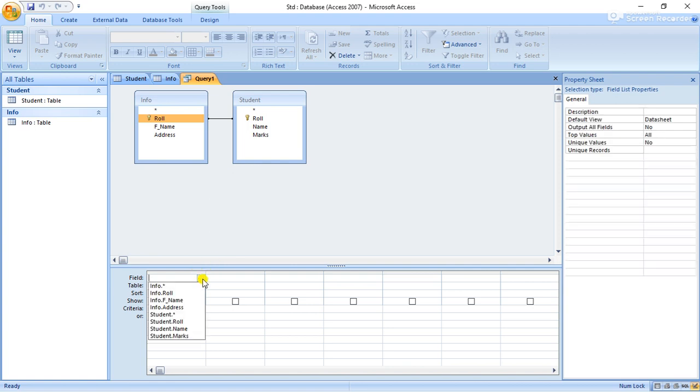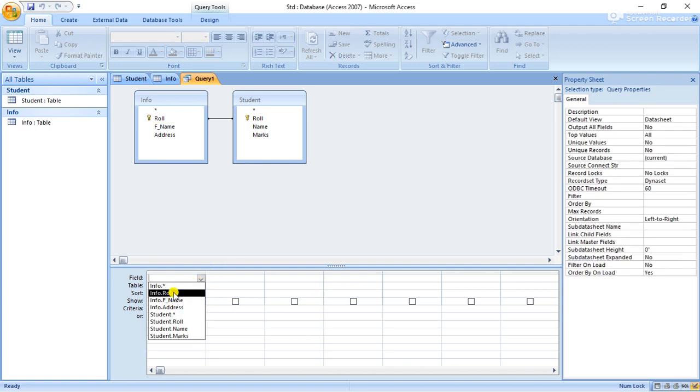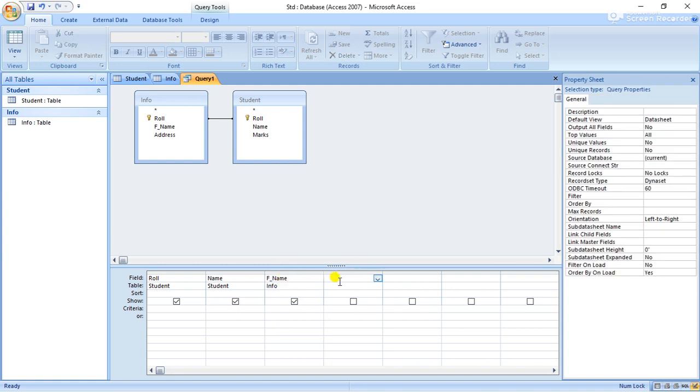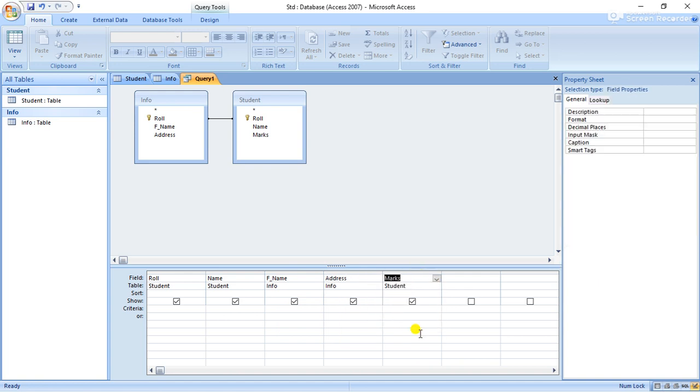So let's see, here we have to select fields like student roll, his name, from the info table father name, from the info table address, and from the student table marks. Okay, so these are the 5 fields which I have selected from the student table and info table.